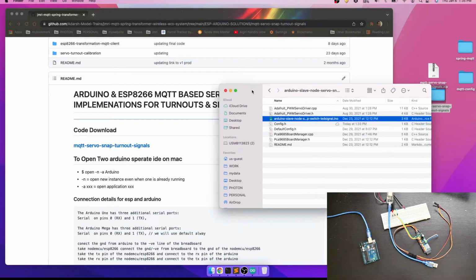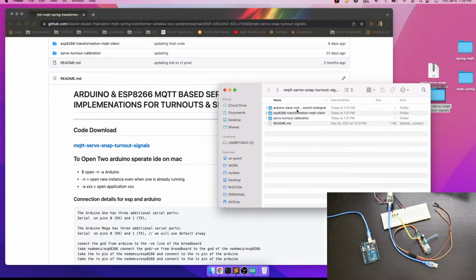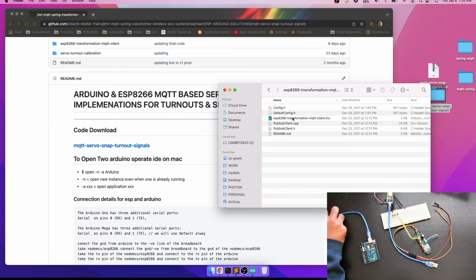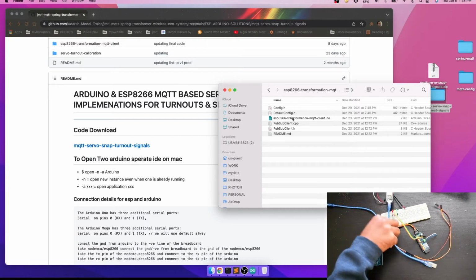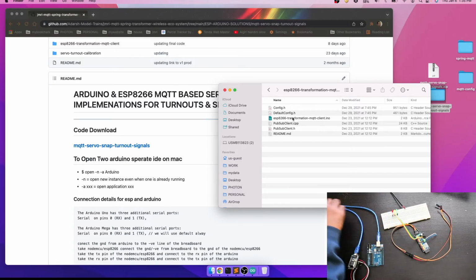Now we'll upload the code for ESP8266. Connect the ESP.